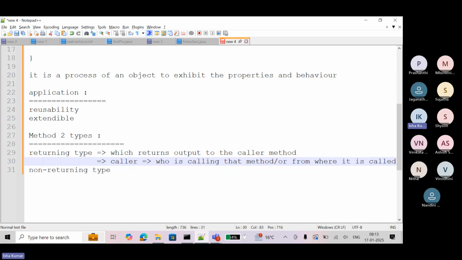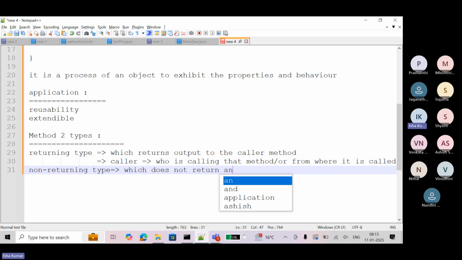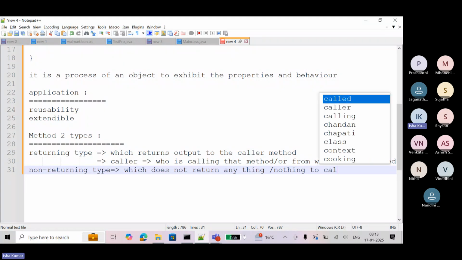That is called caller. Non-returning type, which does not return anything to caller method, which does not return anything, or nothing, you can say, nothing to caller. Okay, is it okay?